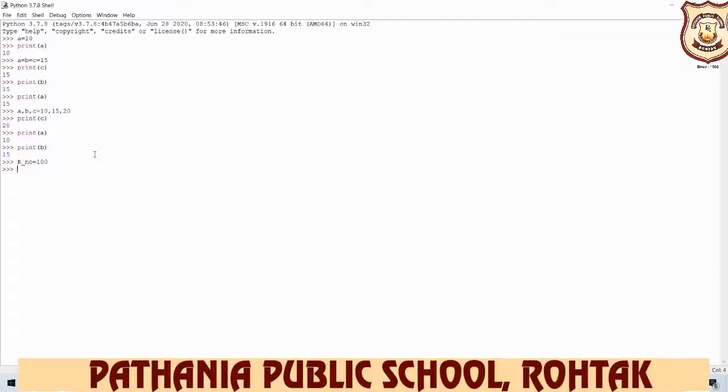Or you assign Roll number is equal to 100. The choice is yours. But when you use this variable name again in your program, you use the same name. For example, we write print and R number, so it displays 100.